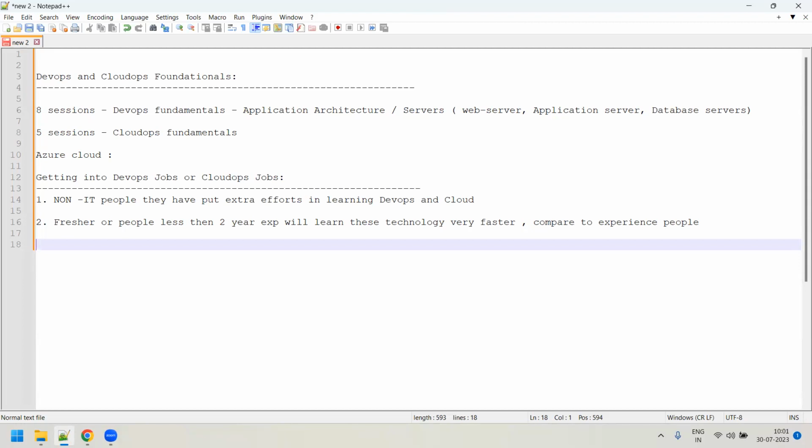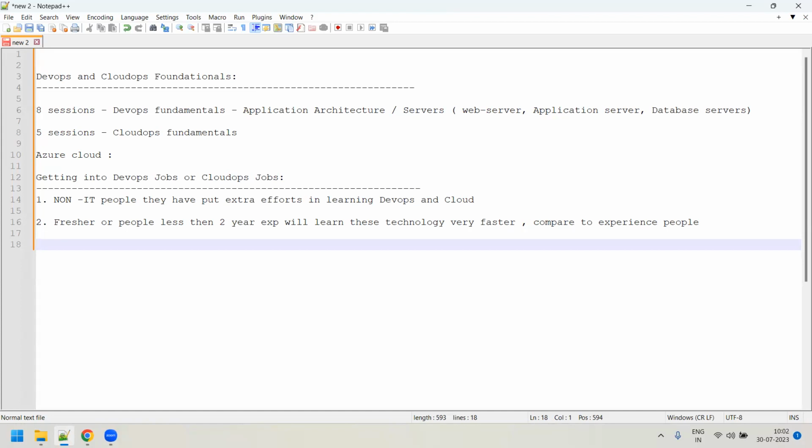Unless an experienced person learns many other technologies. But if you look at the industry, many of the things which a 3 or 4 years experienced person can solve will be solved by a 10 years experienced person too. So you can equate that kind of knowledge. That's how the trend is going nowadays. Freshers or people with just 3-4 years of experience are playing a major role in the industry because they're learning things very fast. Whatever a person took 10 or 12 years to learn, these new people are learning within 3-4 years. In that sense, I'm saying it.